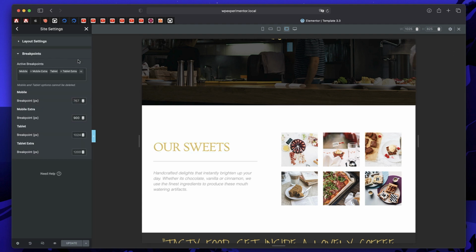And you can also have another breakpoint for widescreen devices, right? And you can also have another breakpoint for laptop devices in case that's what you're willing to have, right? Typically these are not desktop, these are not tablet either, so you can have an additional breakpoint, right?